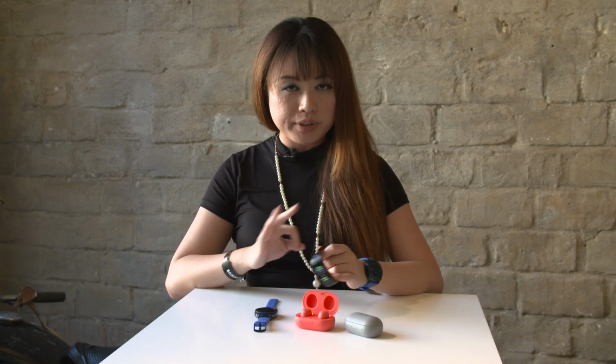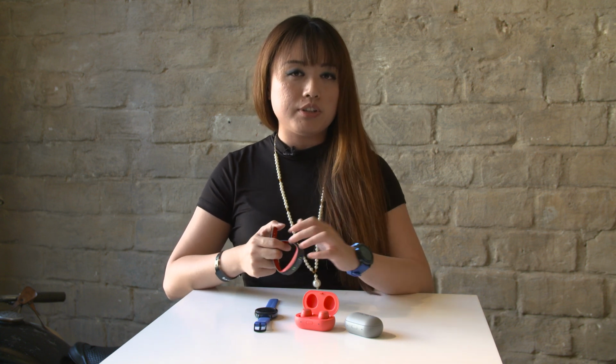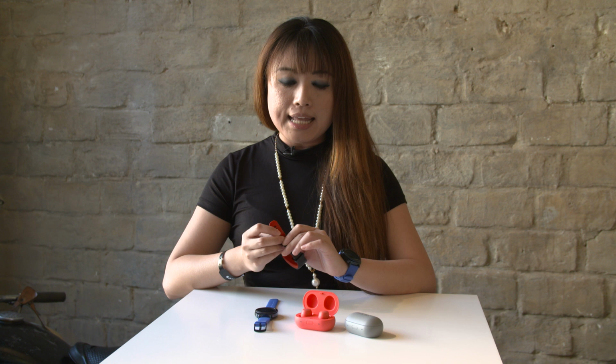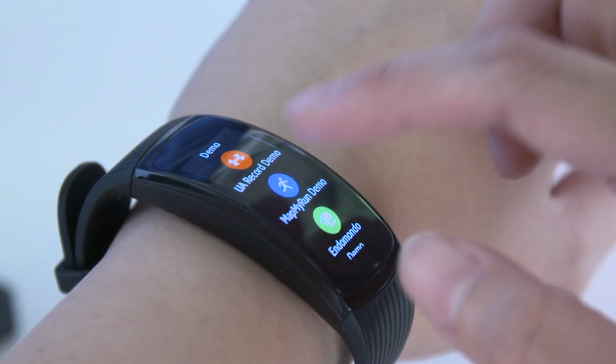Samsung, IFA 2017 is all about wearables. And here at the show, the company unveiled a trio of new wearables, starting with the Gear Fit 2 Pro. It's basically a later-gen version of the Gear Fit 2 we've come to know, and it is the most ready of the lot. It will be available for pre-sales August 31st for a price of $199, and some of